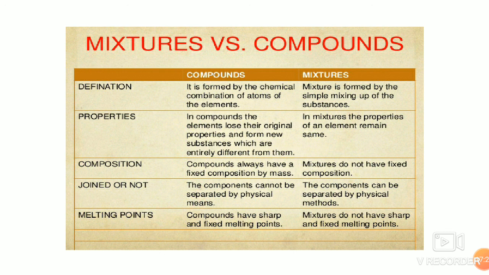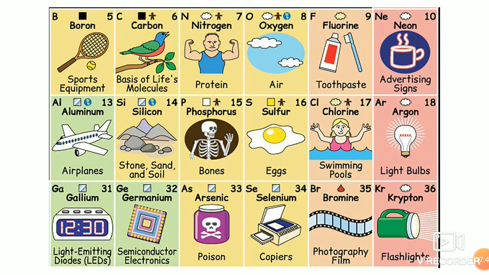Now this was the theoretical definition. Now you must be wondering, ma'am is talking about sodium, iron, carbon dioxide, where are they found in nature? If we talk about the matter that we are surrounded by, where are these found? I don't know, I need to find it out. Yes, I have an answer, children. Look into the next page. Here I'm telling you where different elements or compounds are found in nature.